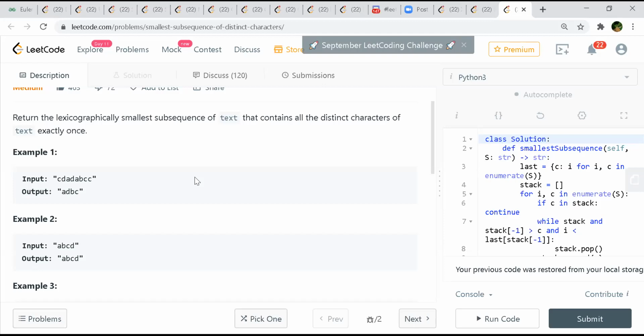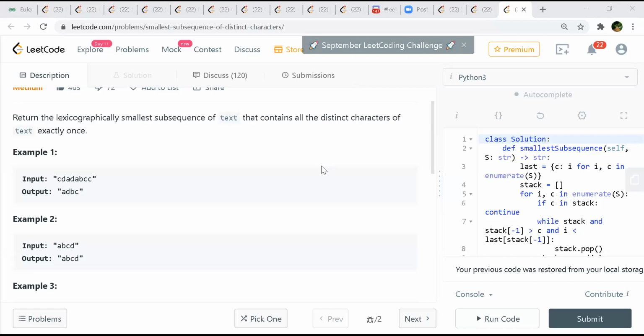If you want to go without the stack, with brute force, then maybe what we can do here is, take the example that I'm starting with the C. First I will find all the distinct characters, maybe in a set. Then if I'm starting with the C, I will compute the lexicographical string which contains all the characters, and compare it with the next one.